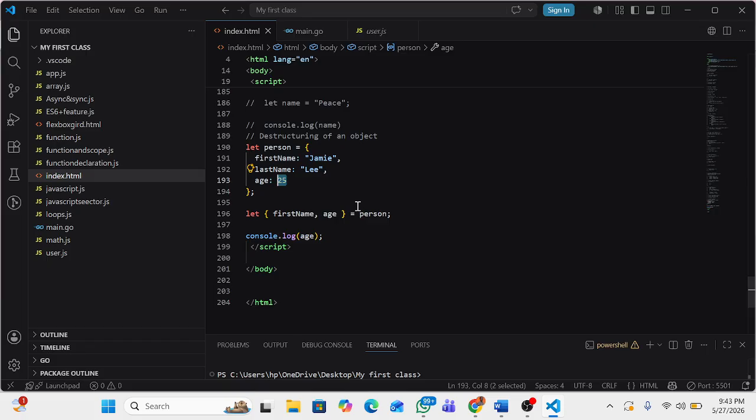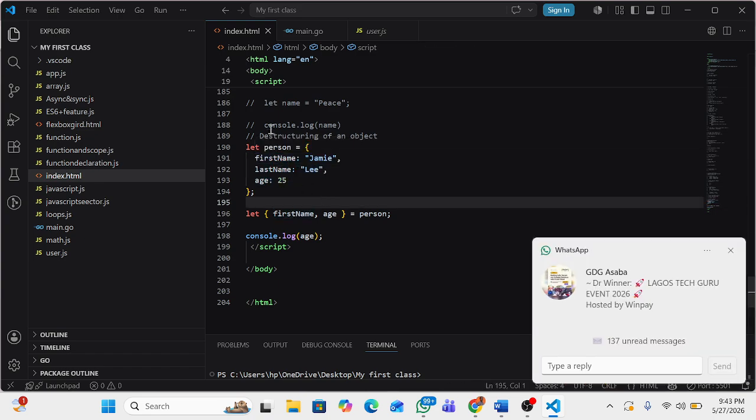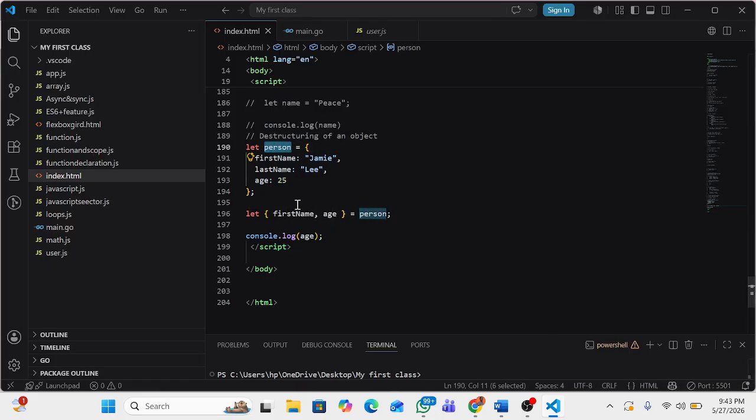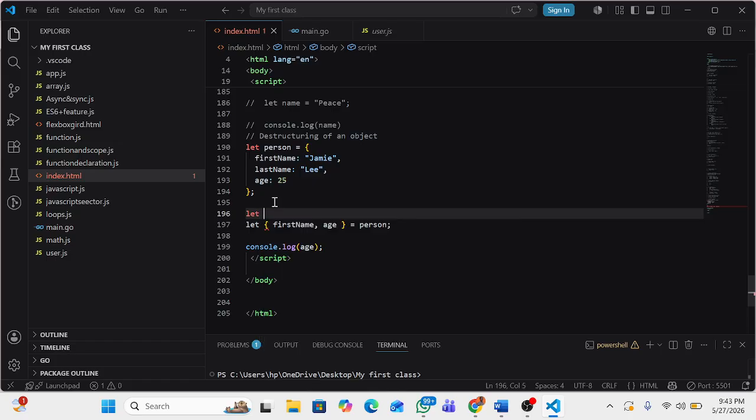So you now need to extract the values from the object name person, and then put them inside a variable. This is a variable, this is a variable. So you are trying to bring many values together inside one variable. Remember, you know that when we are doing variable declaration,